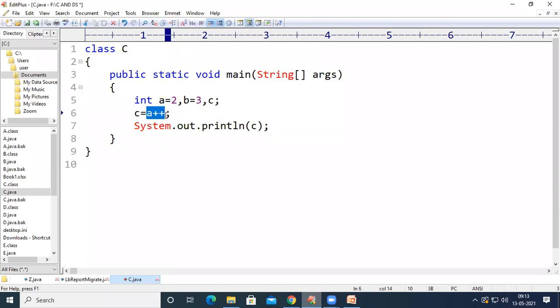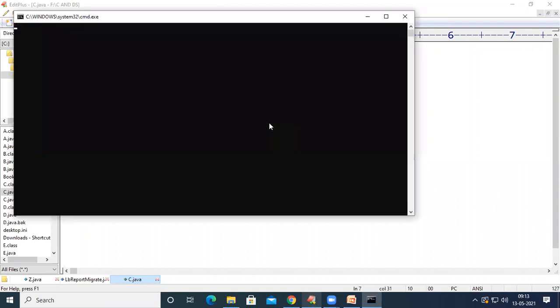If I write A plus plus, the meaning of this is A equal to A plus 1. See here, the value of A is 2. So 2 plus 1, 3 will be stored inside A, and the value of A will be stored inside C. If I print C, the output will be 3 here.